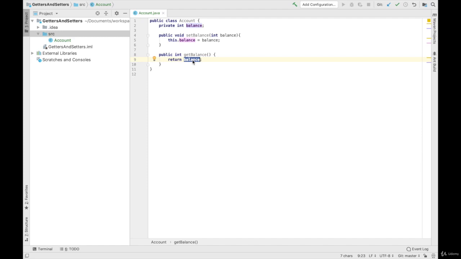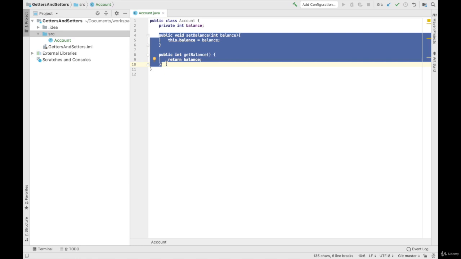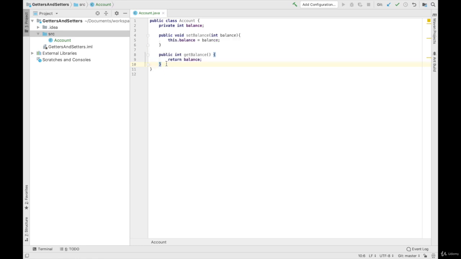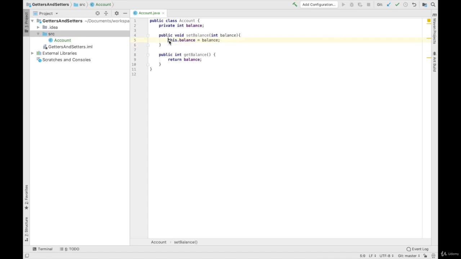Now you might be wondering what is the benefit of doing this. Why would I set a variable private and define getters and setters to access it? I can just change this access modifier to public and let everyone access it. The benefit of doing this is having control on who can access. Let me give you an example. If I want only authorized users to access balance, I will have some validation over here, like if user is equal to authorized,